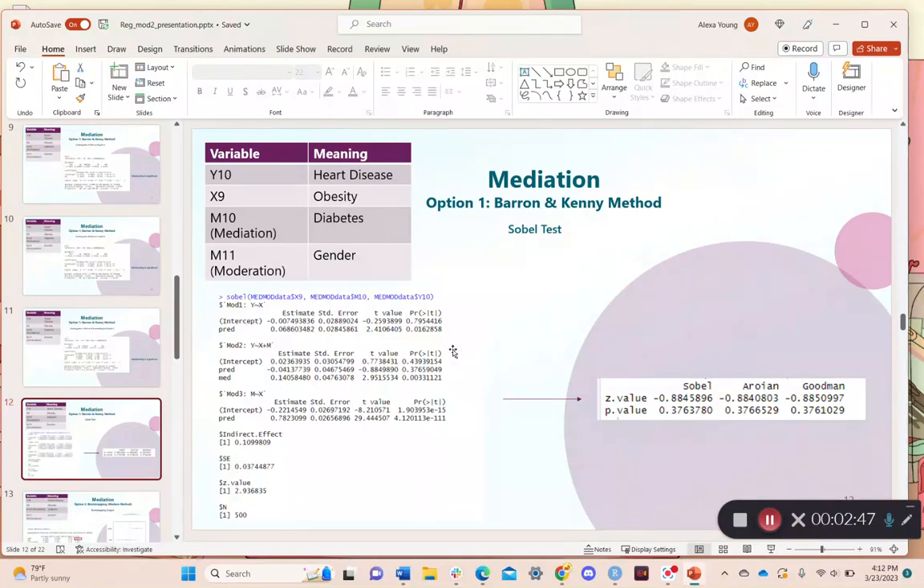And this graph over here gives us a more detailed representation of our model for the Sobel test. However, the Sobel test is a more conservative estimation,